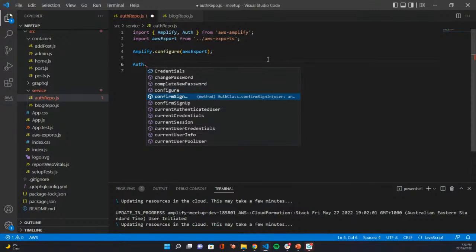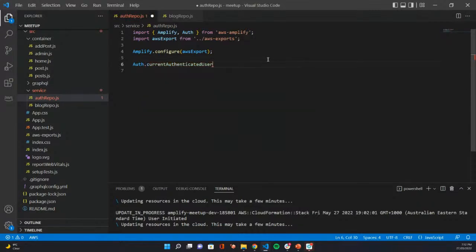So we can do the confirm sign up step. We can do the confirm sign in step. This one's probably the most important, which is the current authenticated user. So this will give you the actual username and allow you to create a state. So if the user exists, then they're logged in. If the user doesn't exist, then they're not logged in. But we will